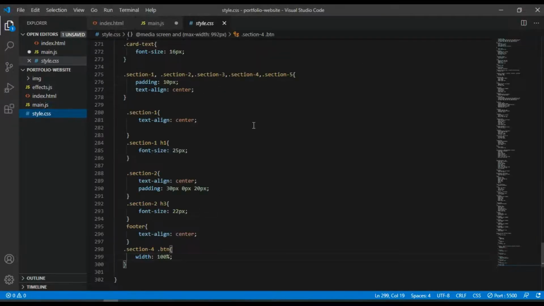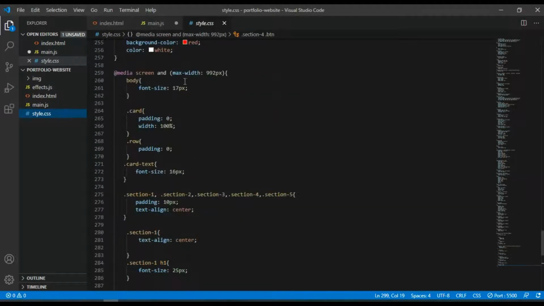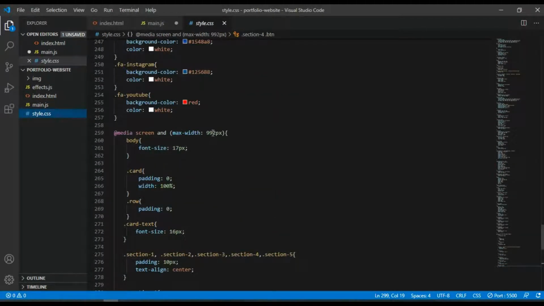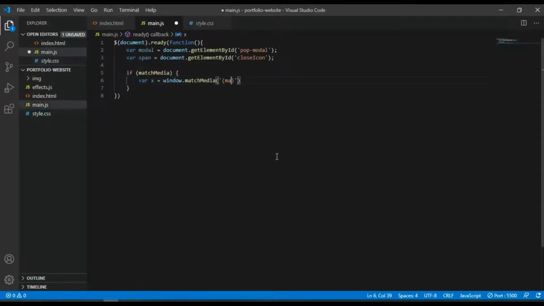Let me go back to my CSS. You see what the max-width was. Our max-width here was 992. So this is what we are going to use. So what we do here is just pass the parameter, max-width equal to 992 pixels.